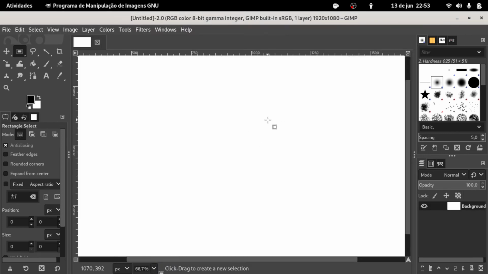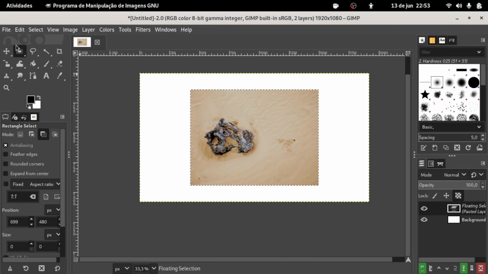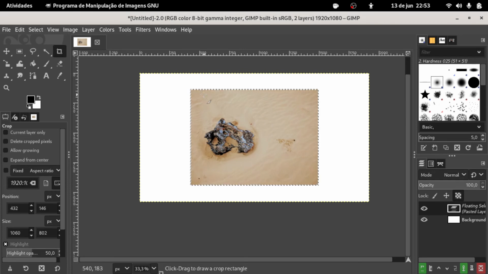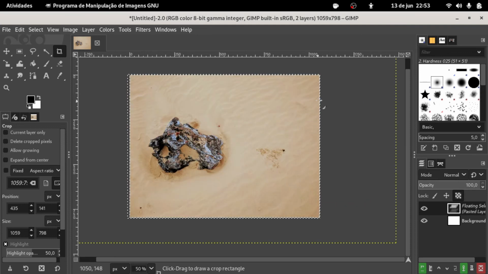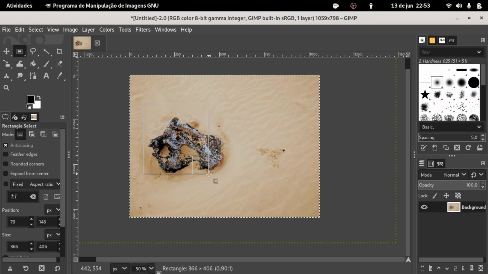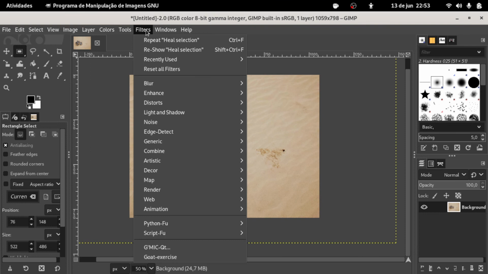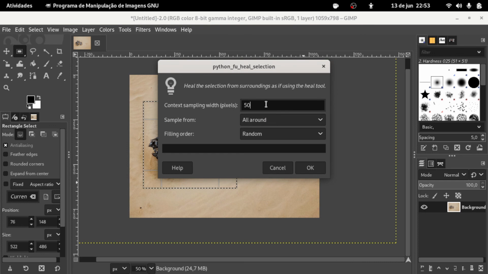I'm going to open an image just to test a popular plugin. I choose Heal Selection, which is basically the GIMP's version of Photoshop's Content-Aware Fill.